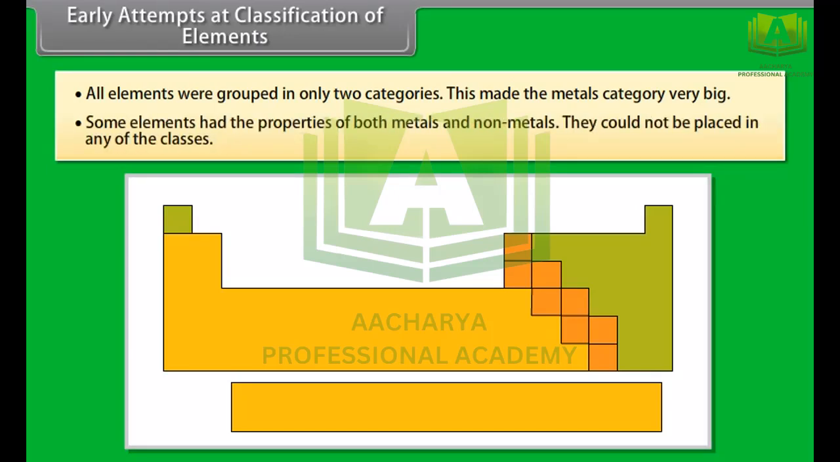Some elements had the properties of both metals and non-metals. They could not be placed in any of the classes. This increased the need to identify some kind of pattern or regularity in the properties of the elements and then